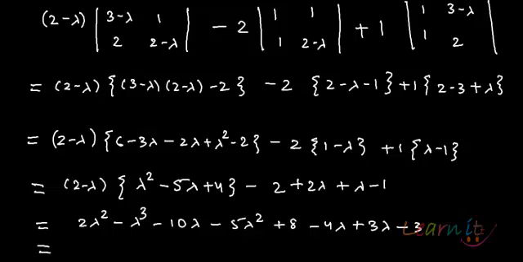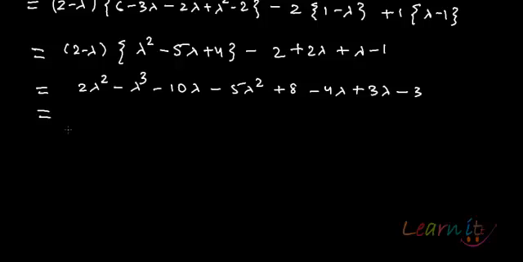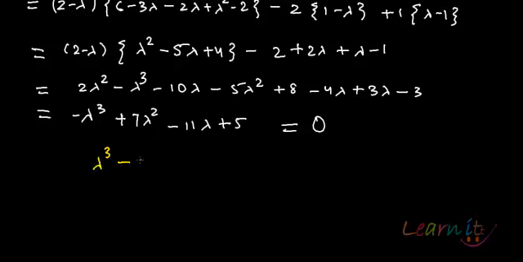And this turns out to be a cubic in lambda, so minus lambda cube plus 7 lambda square minus 11 lambda plus 5, and this should equal 0. That's what we're looking for. This is the determinant equal to 0. So I have a cubic equation in lambda. So lambda cube minus 7 lambda square plus 11 lambda minus 5 equals 0 is my cubic,